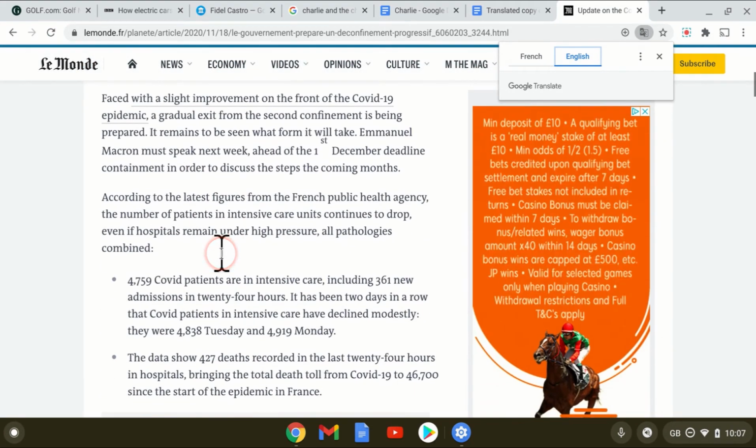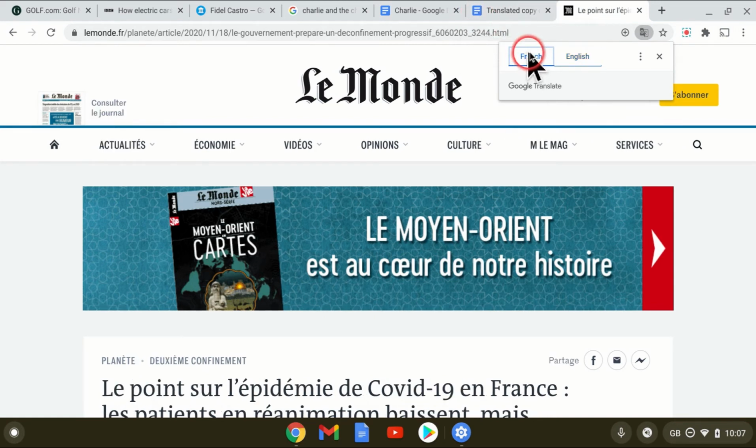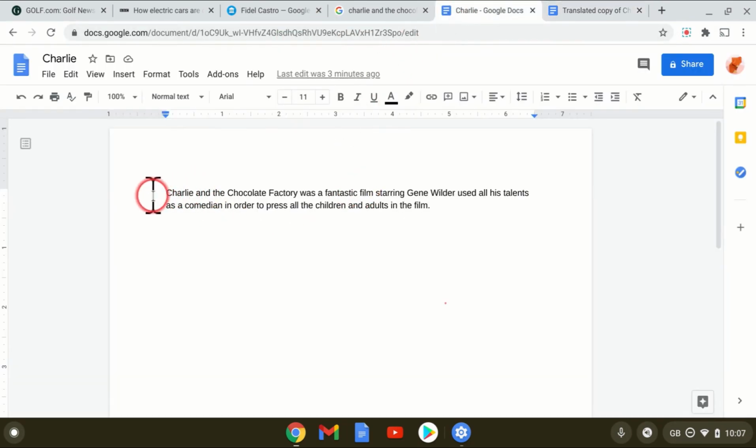That's quite transformational, isn't it? Being able to do stuff like that, and all through the browser and all because you're connected to the internet. Let's put it back to French and just leave it where it is. If you are using those accents to make it speak like that, what happens is when you go back to English and do select to speak,